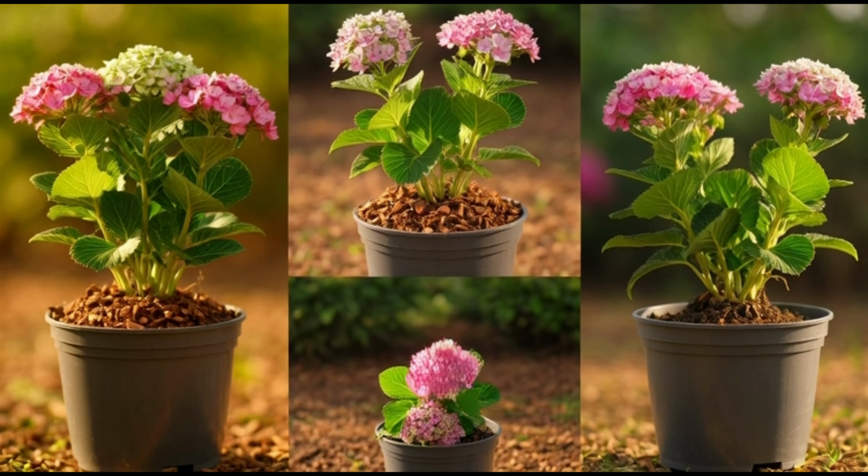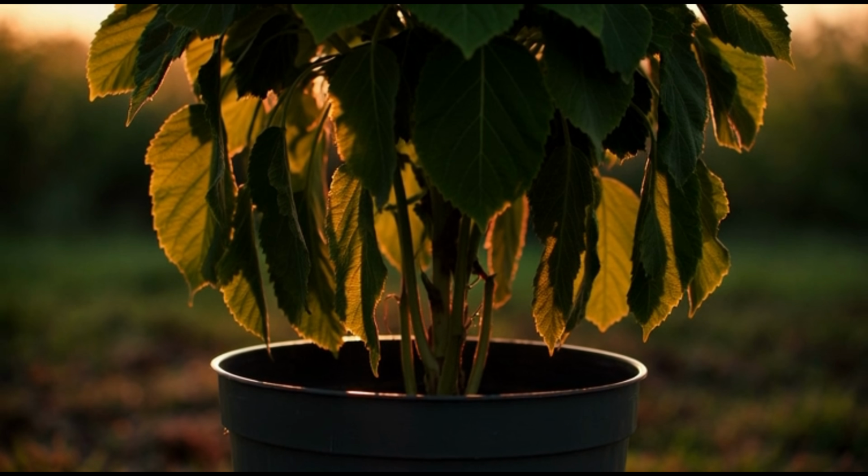And I want to do the watering properly because it is the one that causes the most permanent damage the